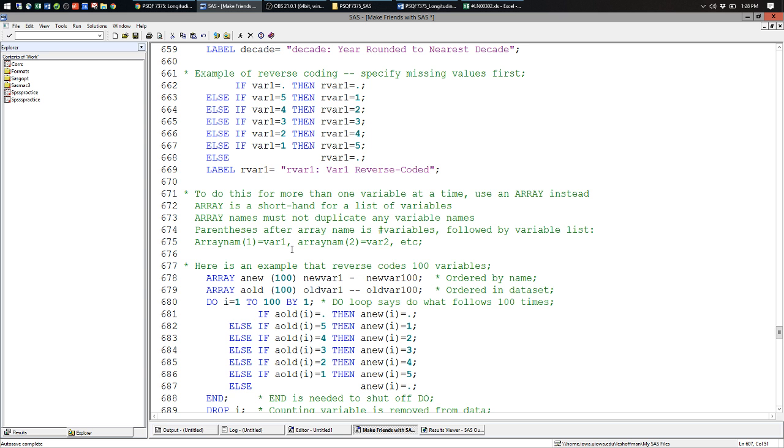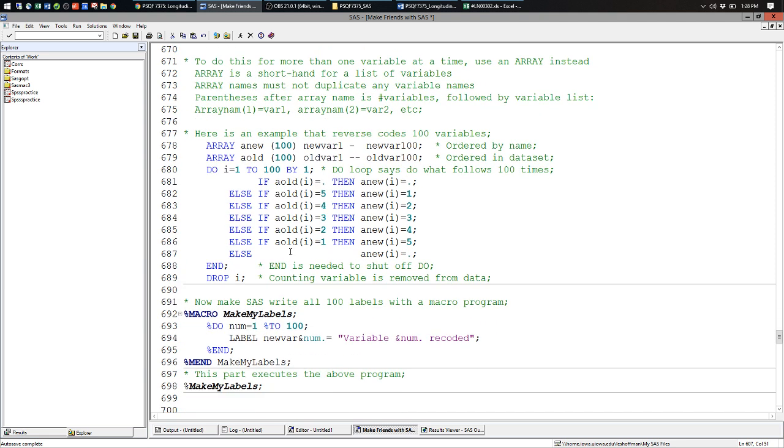Instead, you can use what's known as an array. This is a concept that shows up across languages, and this is what it looks like in SAS. An array is a list. So it's a means to say, take this chunk of code and do the same thing to 50 different variables. If you combine arrays with what's known as a do statement, you can make it execute as many SAS commands as you want. So for instance here, if I need to reverse code